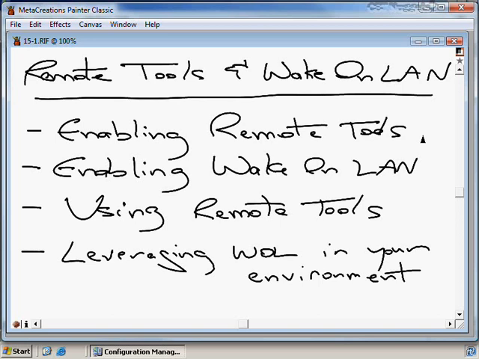Remote tools, and wake on LAN. All right, so in this nugget, we're actually going to deviate from some of the more difficult, challenging topics and revert back to a topic that may be one of the reasons why you chose to implement Configuration Manager in the first place, and that is the remote tools, or the over-the-shoulder capabilities that come with Configuration